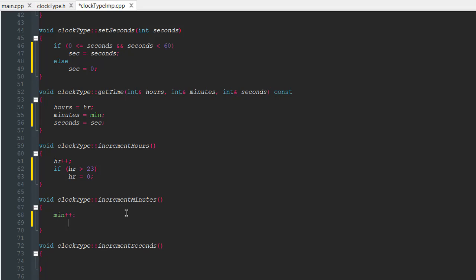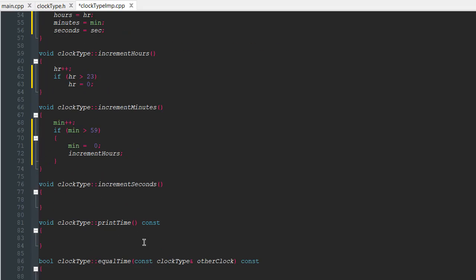And now if, let's change that to a semicolon, and now if min is greater than 59, then we write in some brackets, min is equal to 0, and we execute the function increment hours. Now we can copy and paste this whole thing, or actually I think it'd be a lot faster if we didn't,